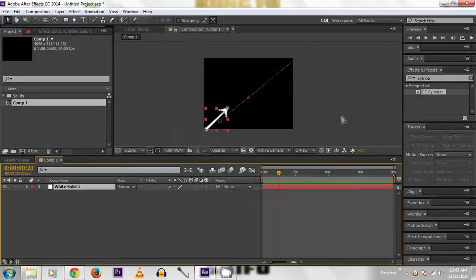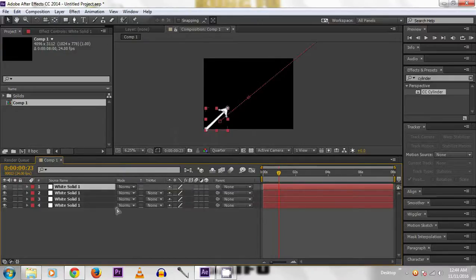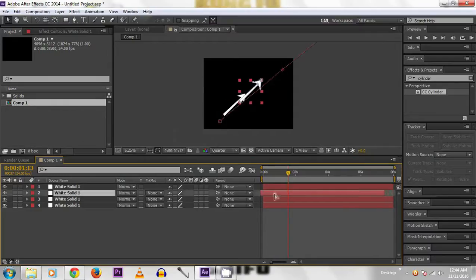Then copy it. Press Control D many times to make multiple copies. There is one arrow, offset it to make multiple arrows.